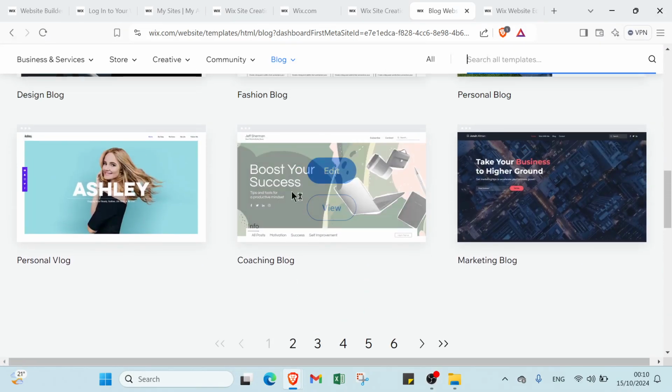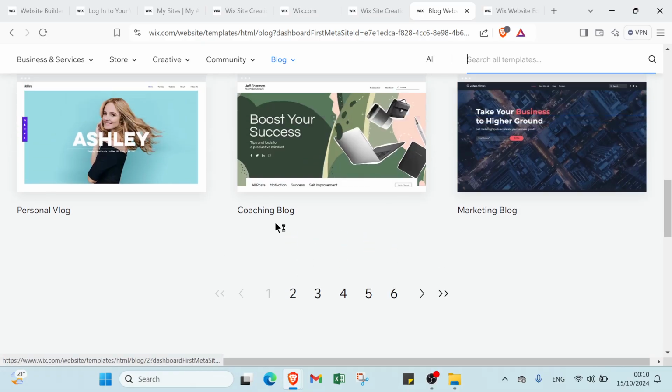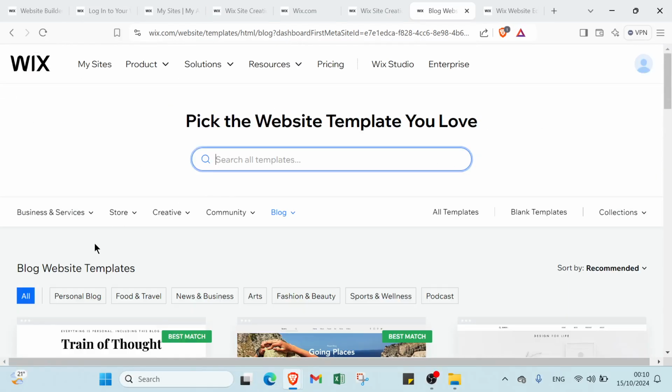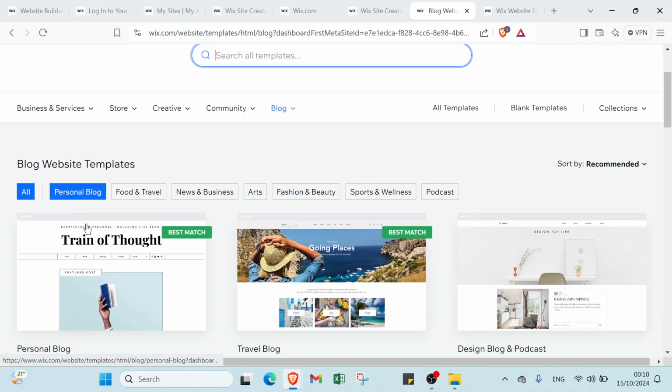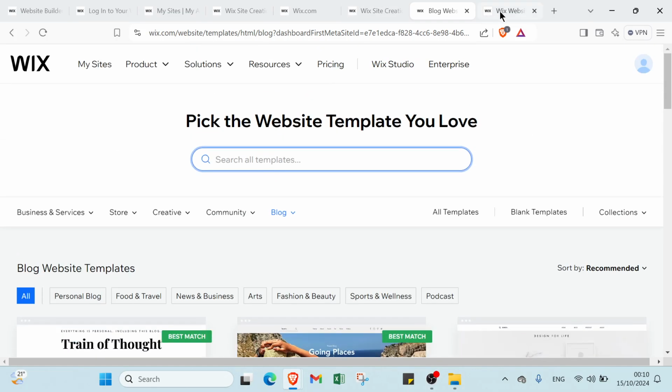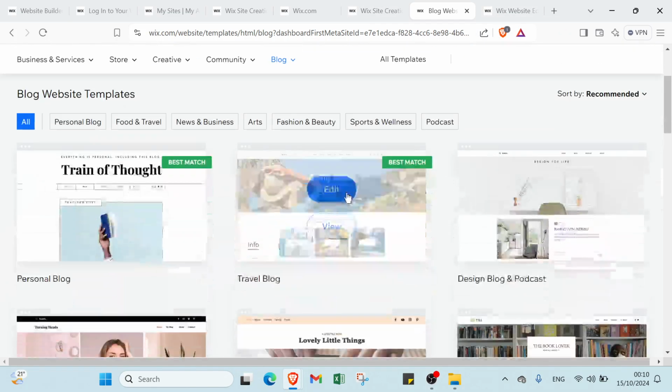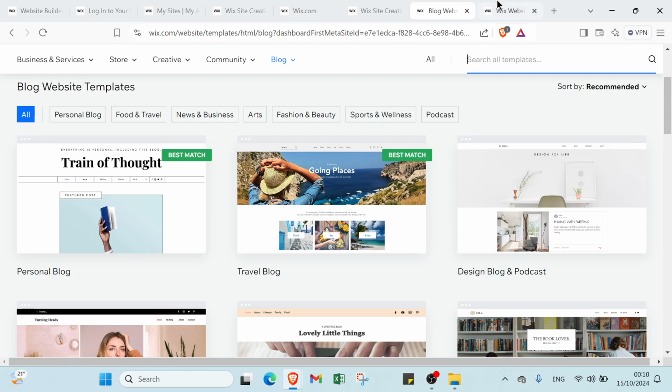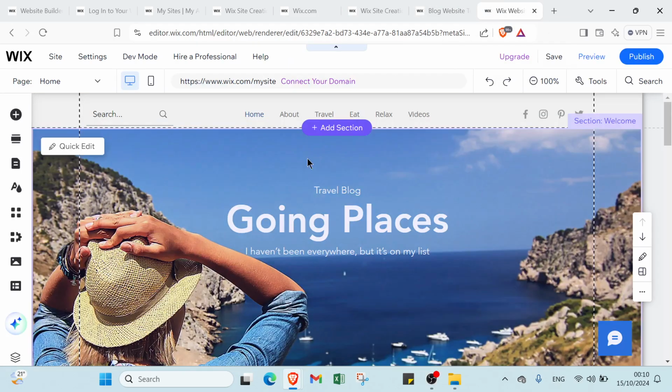If you don't like these templates, you can just select other template, or you can also select here the option that you want. For example, personal blog, food and travel, news and business, fashion, sport, and podcast. Then you get started with that, and you click over here. For example, I'll select this one, and I will click over edit,